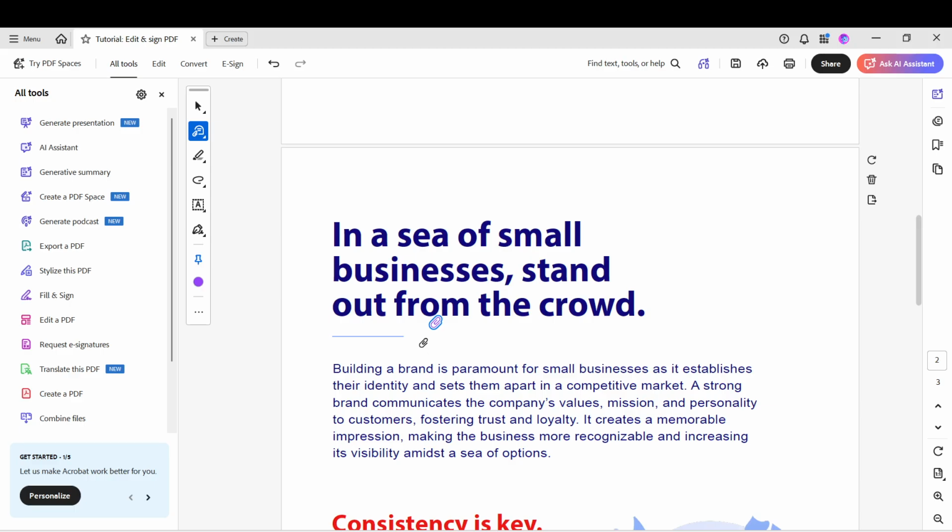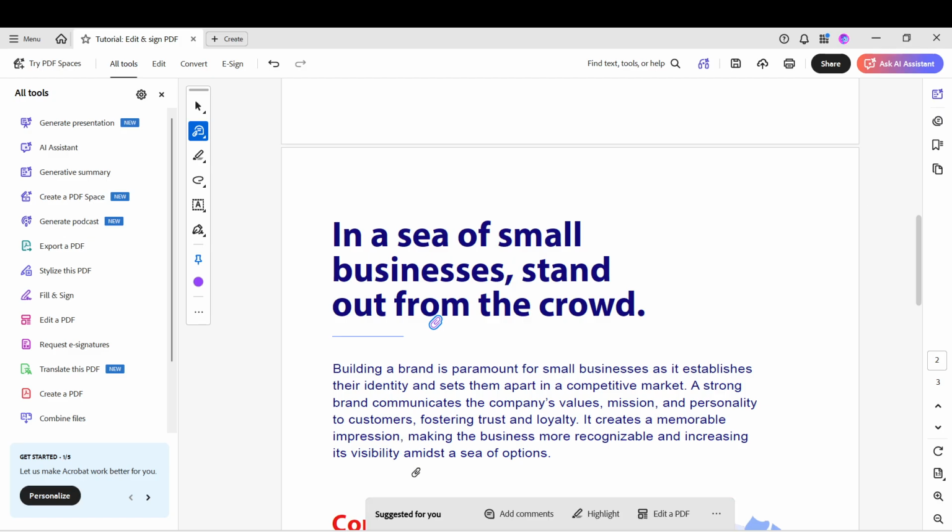You'll see a small paperclip icon appear exactly where you clicked. That icon indicates an embedded attachment. Hovering over it will show the file name, and clicking it will open or download the attached item depending on the recipient's settings. If the placement isn't perfect, you can select the icon and adjust its position slightly. You can also right-click to view properties, rename the display title, or add a brief description to help your readers.